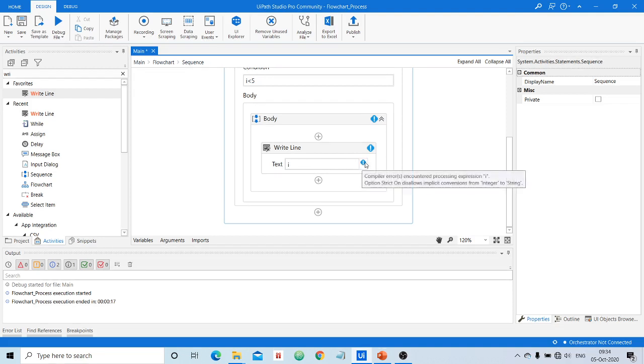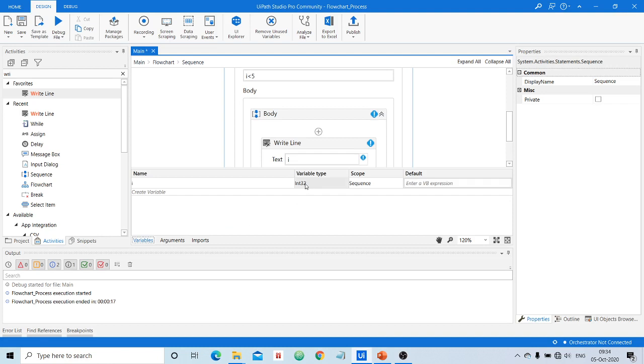The compiler has encountered an error while processing I, because of an implicit conversion from integer to string. Write Line is expecting a variable of type string, but I am passing a variable of type integer. That's the problem.